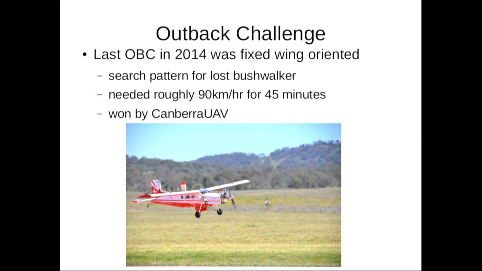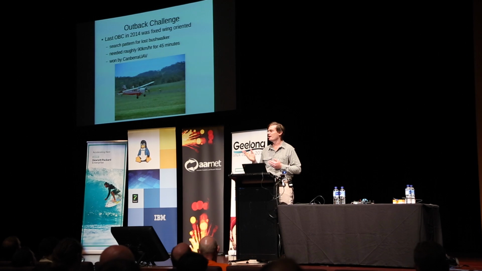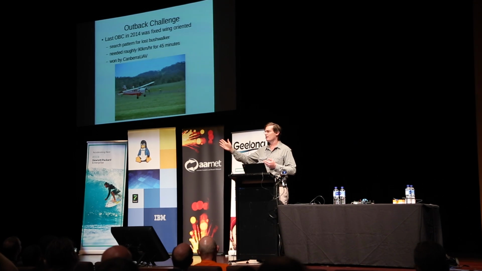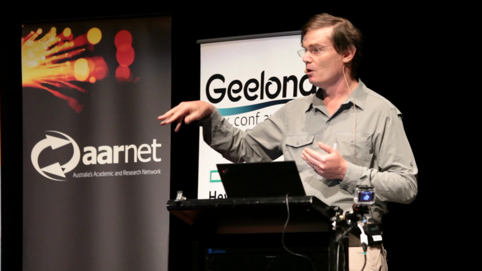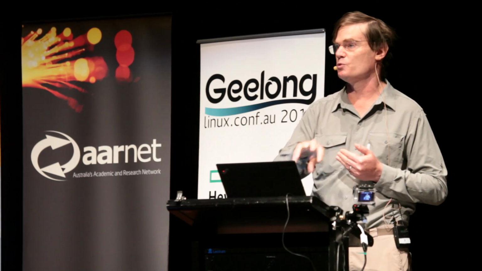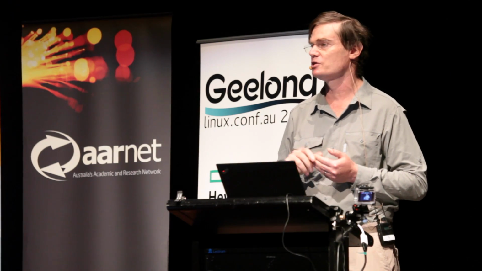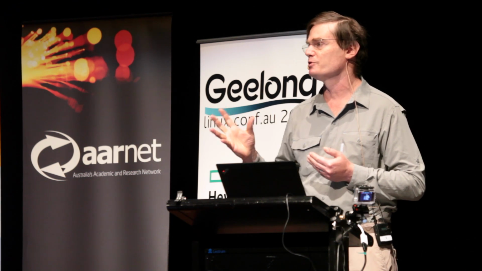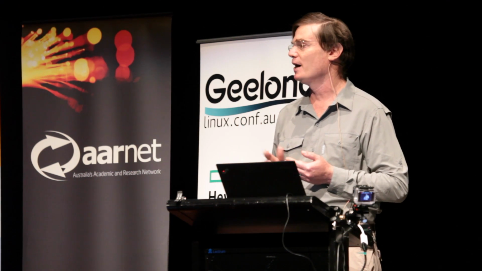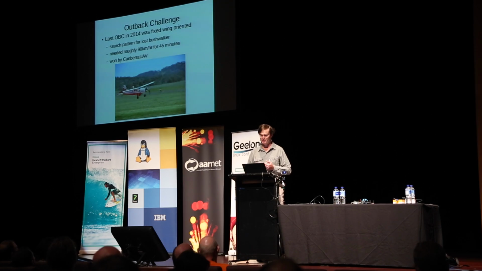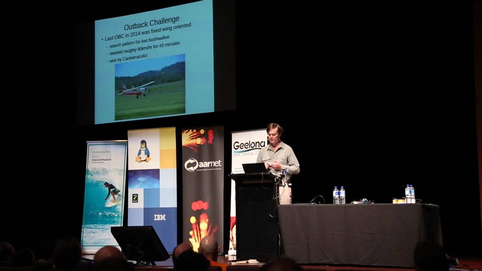So that ran for 7 years before finally teams completed it. So in the 2014 challenge, nobody had completed the challenge before 2014. We won on points in 2012. We didn't actually complete the challenge. Then in 2014, we had several teams in 1 year complete the challenge. And our team was lucky enough to get the closest hit to Outback Joe, and without actually hitting him, which is important, and managed to win the prize.